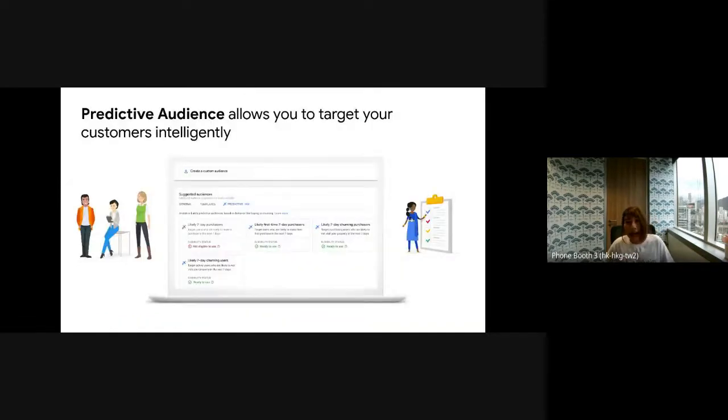Yeah. And after the bidding, if you want to further enhance your campaign, what we would suggest is to look at the audience, create an audience on GA4, and import those audiences to Google Ads for targeting. And I talk about the predictive audience that McDonald's used for their ACE campaign.